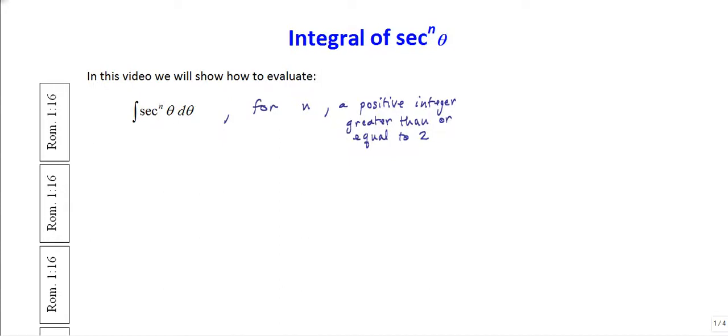A way to go about solving this problem, and by the way, this is also known as a reduction formula,